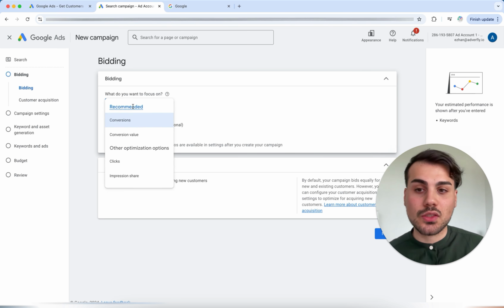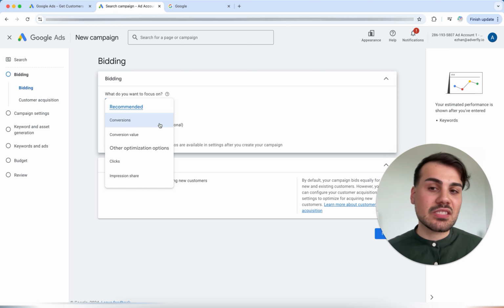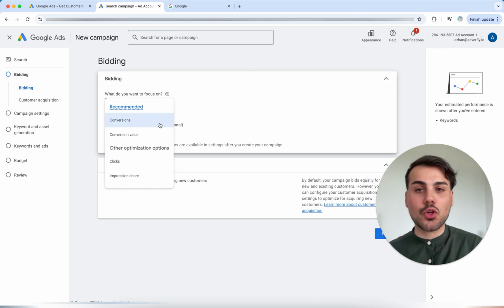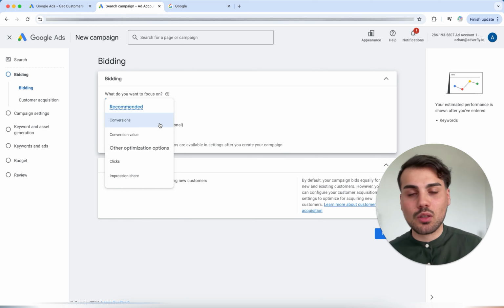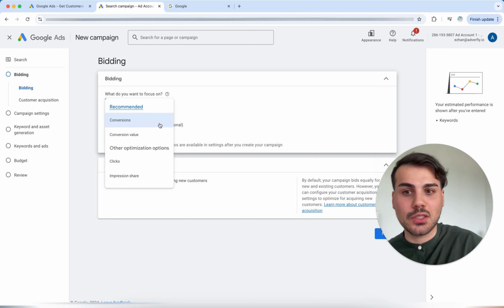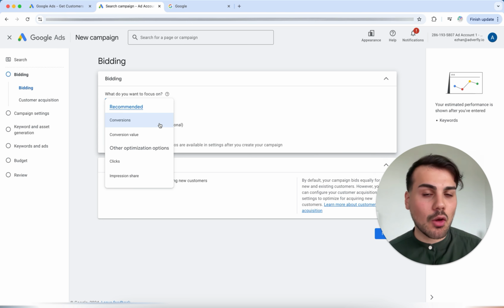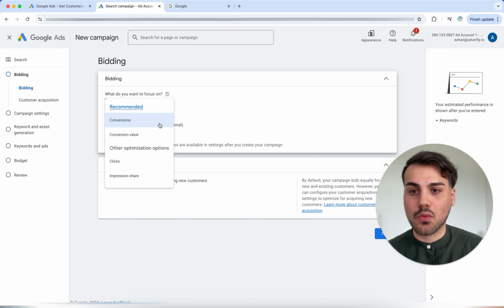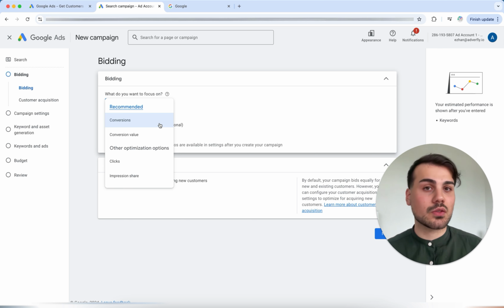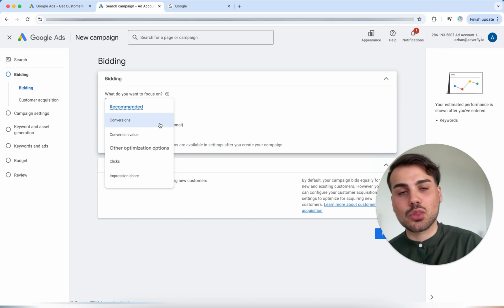The default is set to conversions. What this means is quite simple. Conversions are, as we have already learned, the action that takes place on the page. In this case, we are optimizing for the goal of purchase. That means that if we now say to Google, hey Google, I want to bid on conversions, then Google will try to bring you as many conversions, as many purchases as possible.